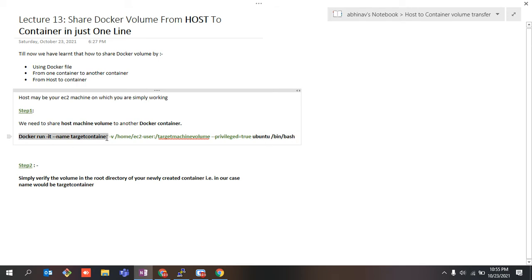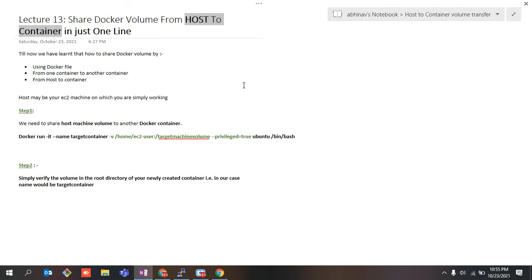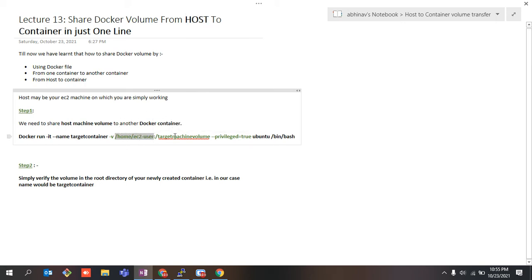So this command will create a container, but now we are going to transfer volume from host to container, right? Please pay attention to this. We are going to transfer volume not from container to container, but this time it's gonna be transferred from host to container. So from our host, we would be transferring the volume at this location to this target container, and this forward slash and this volume basically means that this volume will get created in the root directory of your target container.